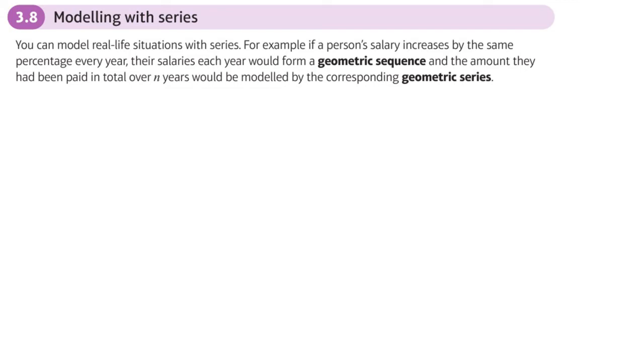This is the 8th and final section of the sequences and series chapter 3 from the PO2 book. And in this section we look at modelling with series. So there isn't any new content that we need to go through. We're just going to be looking at the question, deciding whether it's an arithmetic type question or a geometric type question, and then modelling that by writing an equation that shows us what's going on,